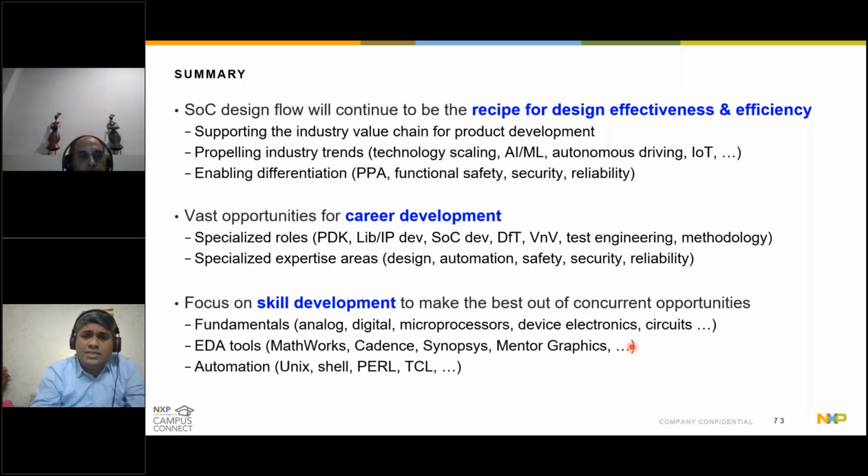And finally, since this webinar series is also about inspiring skill development for great nation building, as our leader Sanjay keeps saying, I think this is what inspires all of us and should inspire all of you to clarify your fundamentals, to make your fundamentals so strong, whichever subjects you are reading, whether it is analog design, digital design, microprocessor design, device electronics, circuits. I mean, have your fundas clear, number one.